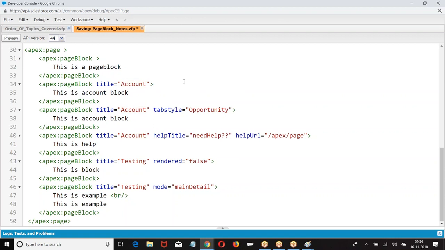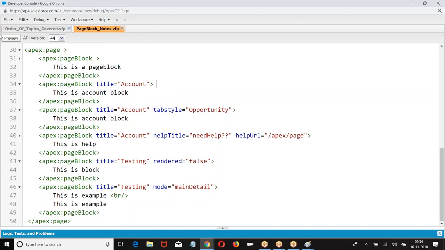Not only here, in any other language also, the standard practice is double quotes. Why is it accepting single quotes? Because in Salesforce, we represent a string with single quotes. There is a reason that single quotes also work, but the standard practice is double quotes. You are supposed to go with the double quotes.